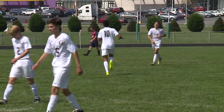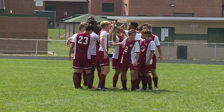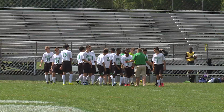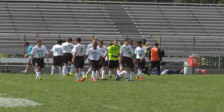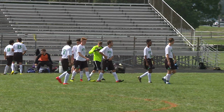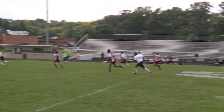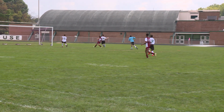The second semifinal, much more competitive, actually a very compelling game. St. James and South Hagerstown. Teams came in with just 1 win between them, and South was playing its 4th game in 5 days, so you might think that fatigue would factor in a little bit, but Coach Mills got his guys to rise up when they needed to. South got the early lead, up 1-0, but then Ryan Stakes with a couple of goals